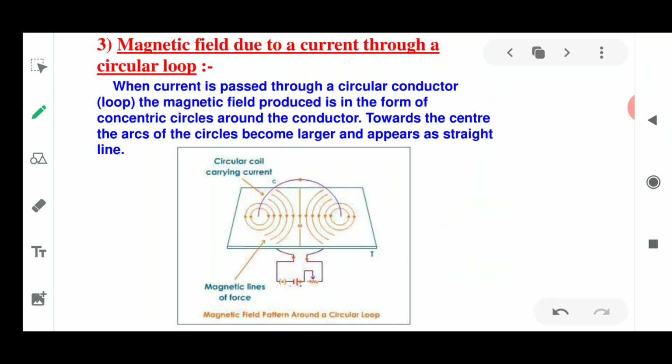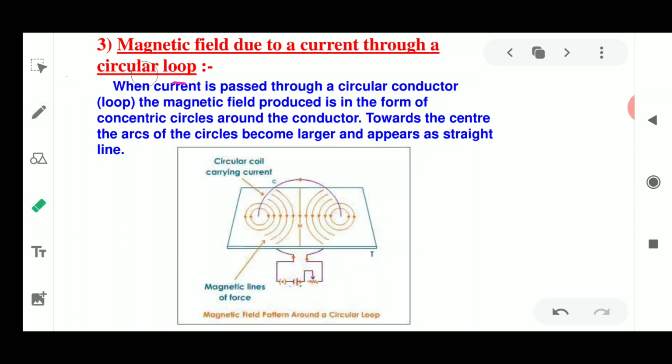Next is the magnetic field due to the current carrying loop. Now we have studied about the straight current carrying conductor. Now is there any difference? Will the direction of the magnetic field show any kind of changes? So we'll find out using another shape of a conductor, that is the circular loop. Now this time we are going to take a circular loop as shown here in this diagram. This activity is also given in your NCERT book. You could read it from there.